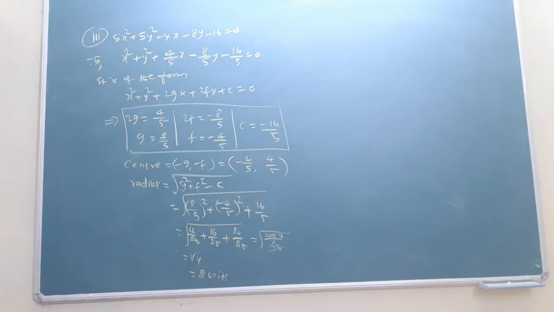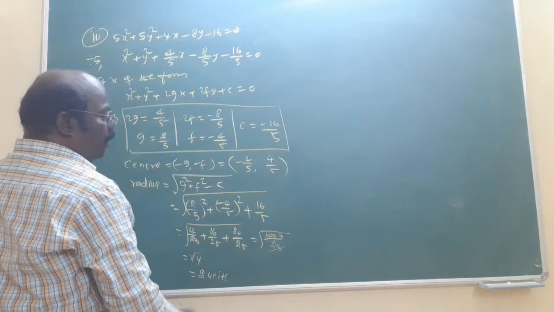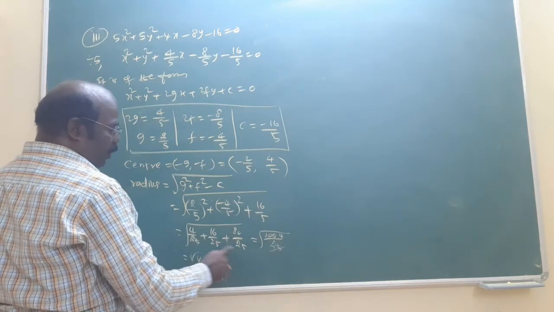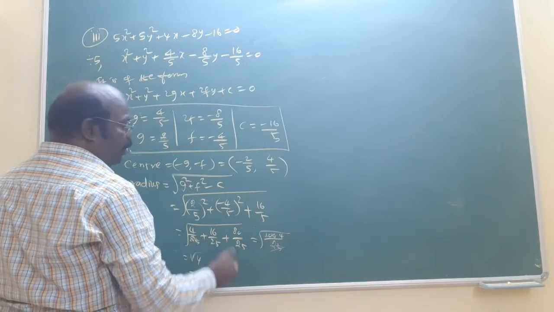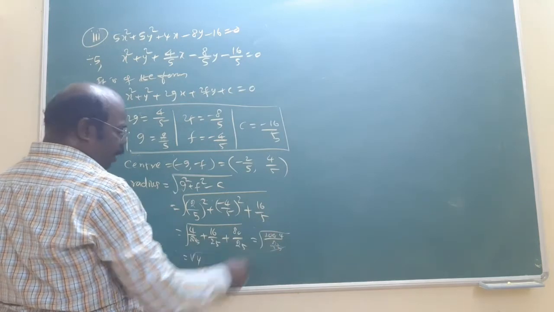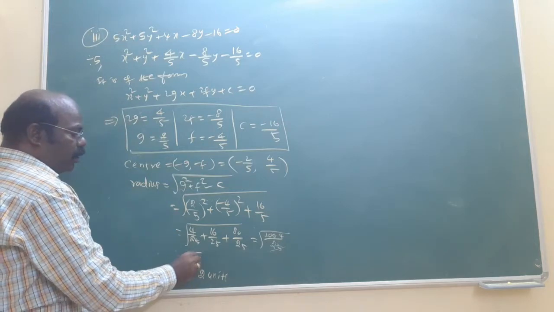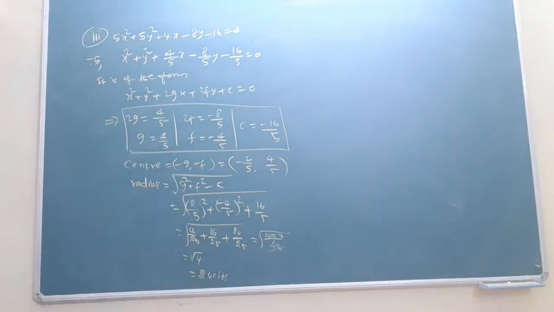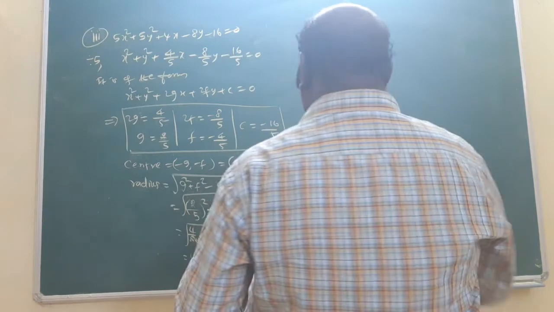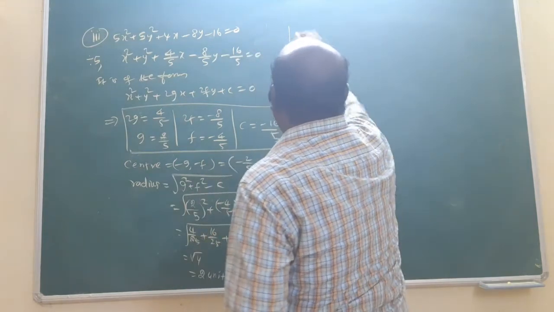Practice is coming. That's why we make all denominators equal. That's why I multiply by 5 in numerator and denominator, so 80 by 25. Denominator 25 is the LCM. Numerator, adding all the values, 100 divided by 25. That's 4 times. Root of 4 is what? 2 is the answer. In this way you find the value of radius. Practice is coming, but our final answer is a simple answer. Then the fourth question also uses this method only.